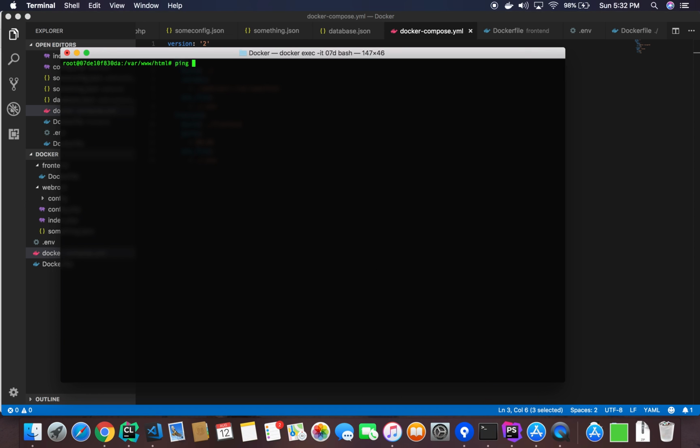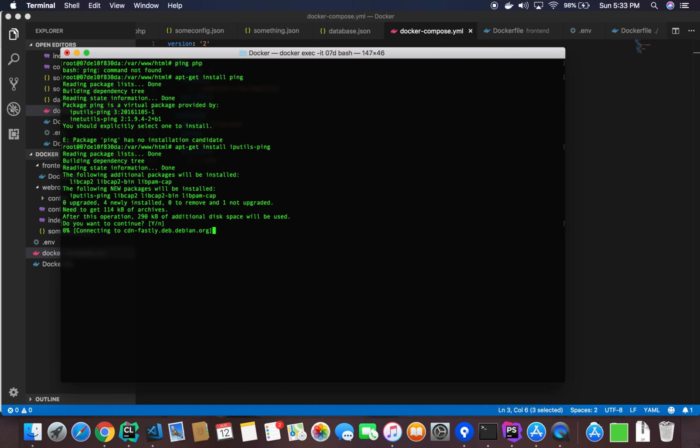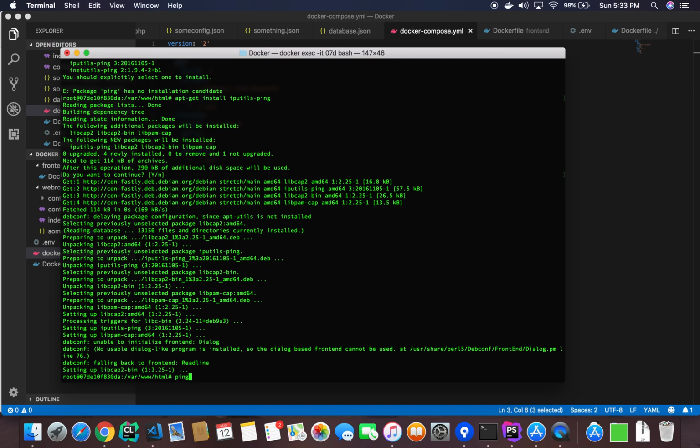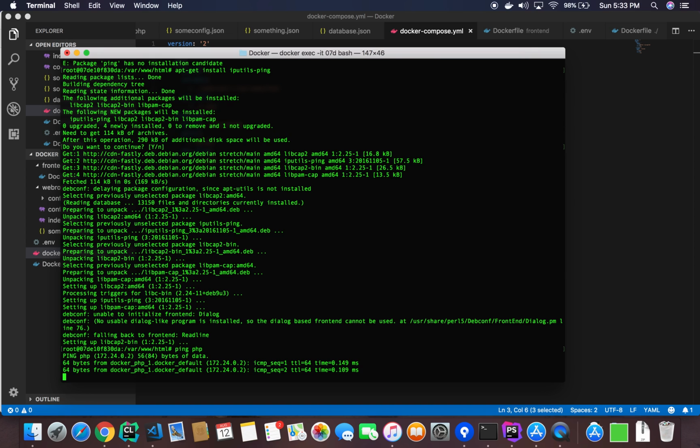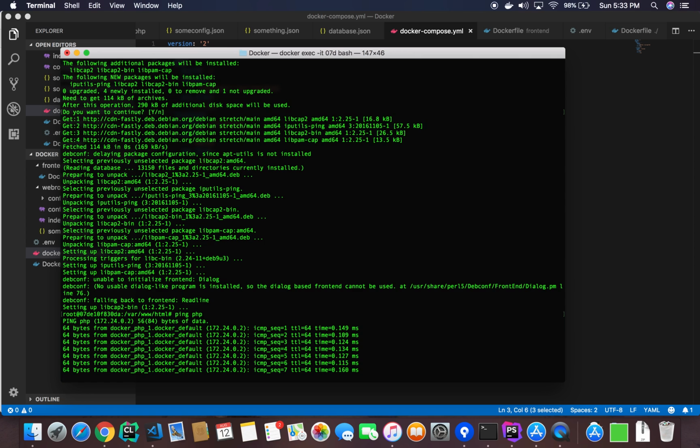So if I go hit ping and I paste that in there, apt get install inetutils-ping. Gotta go install it real quick first. Now, if I ping that host name there, you see I can ping it, but this 172 IP address,